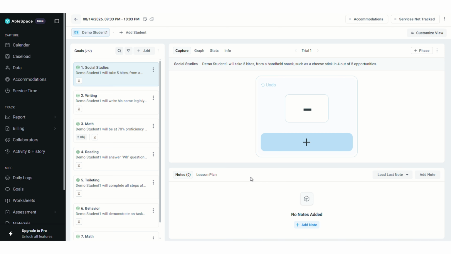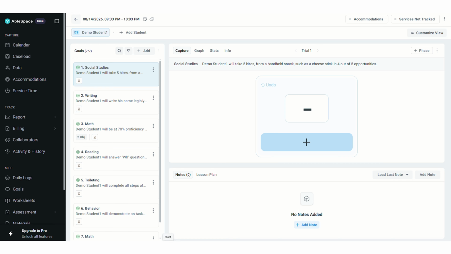Instead of forcing every goal to use the same data entry method, the existing screen already keeps most of the important features in one place. My main focus would be reducing unnecessary clicks and making data entry faster during an actual teaching or therapy session.